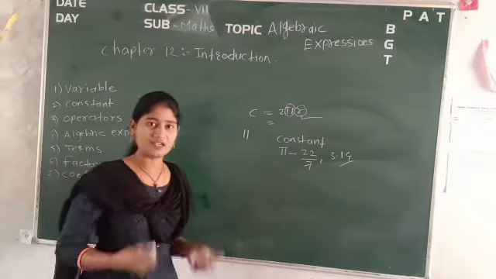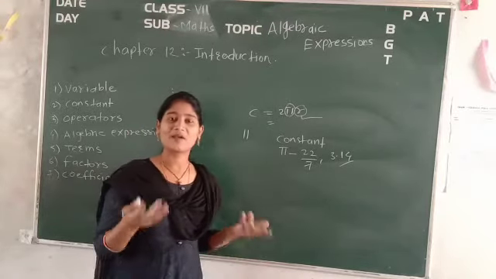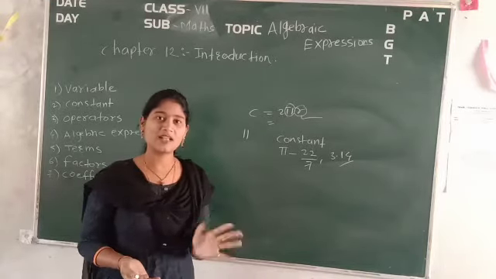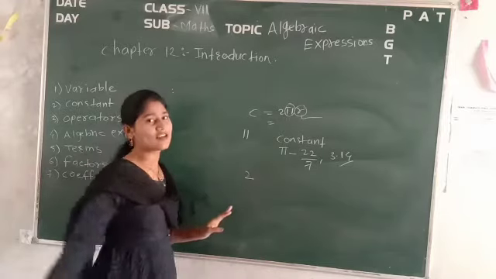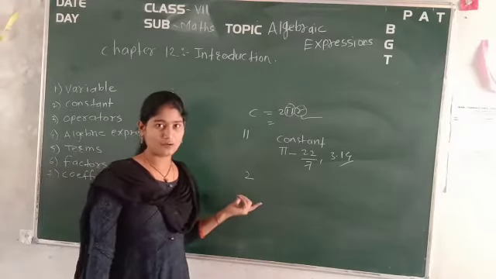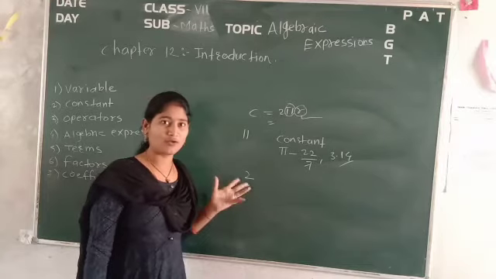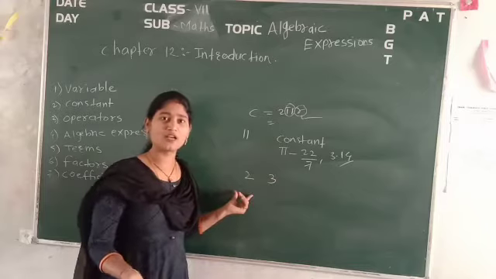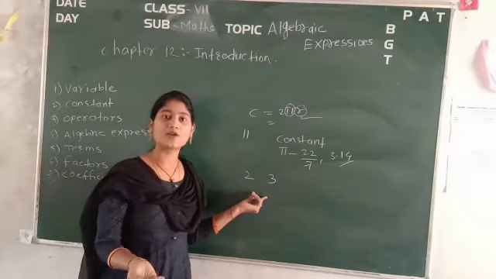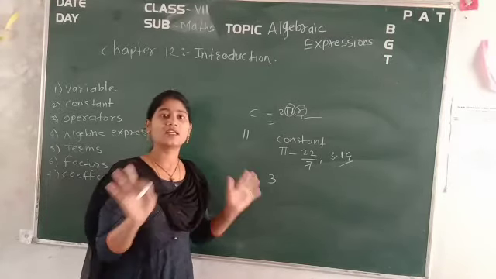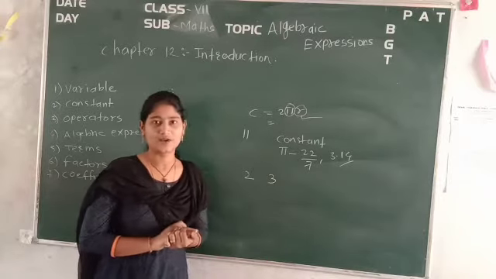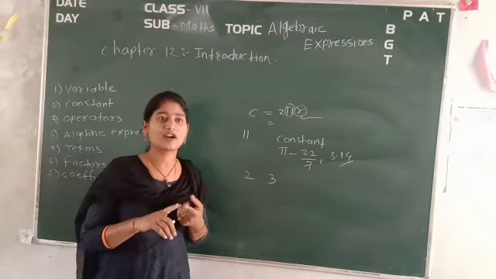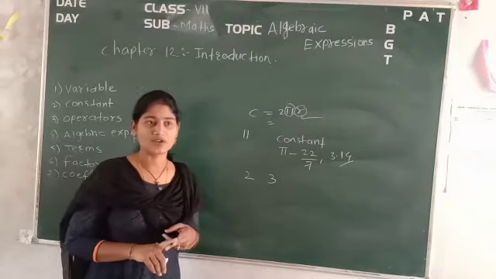Now see, I am here, so I am also constant. My face is constant, it will not change, but according to age, it will change. Similarly, if we see the face value of 2, it is 2 only. Will this 2 become a 3 now? No, 2 is 2 only, so 2 is a constant. 3 is 3 only, so 3 is also a constant. So all the numbers in mathematics are constants, because they are fixed. The value of 2 is 2 only, we will not consider the value of 2 as 3.